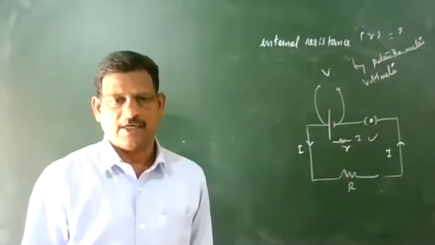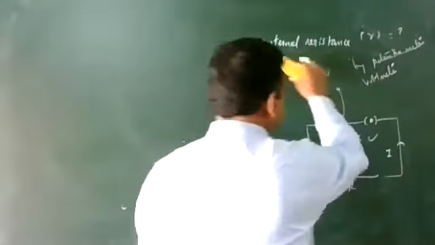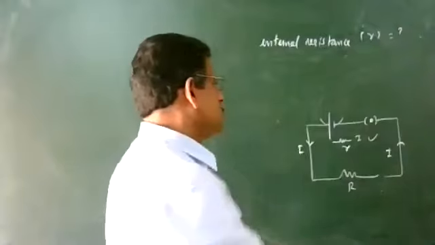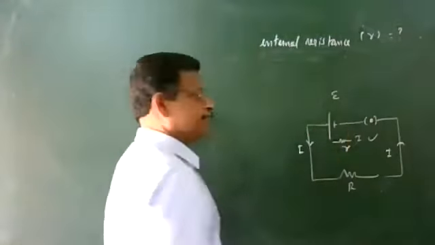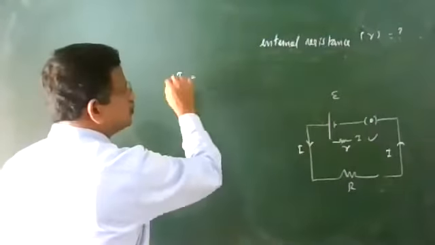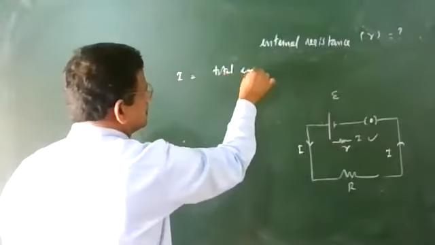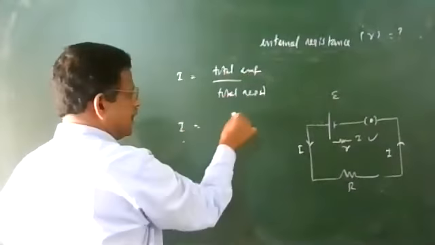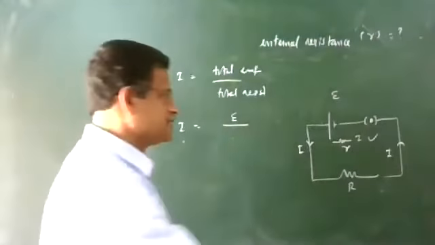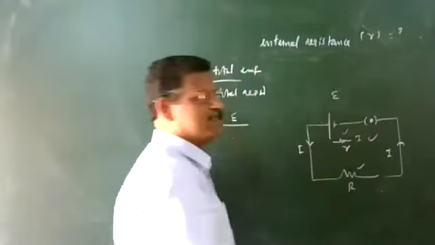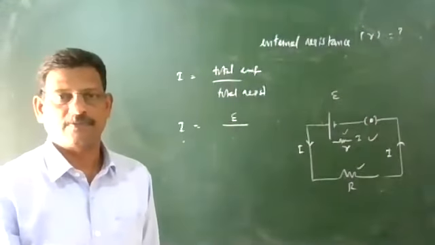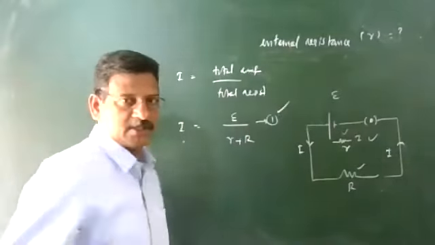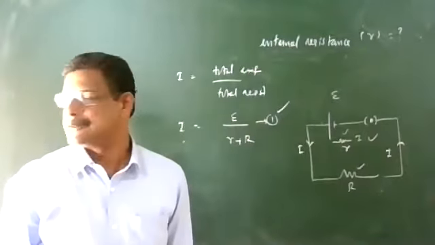So what is the equation for the current? That you have to calculate. So we have to calculate the equation for the current. The EMF of the cell is represented by E. I is equal to total EMF divided by total resistance. Total resistance is internal resistance and external resistance, they are connected in series. Small r plus capital R. Equation number one, all can remember this. This is the current drawn from the cell.